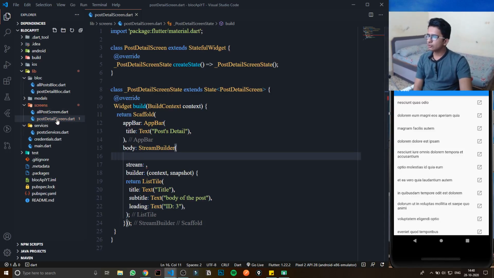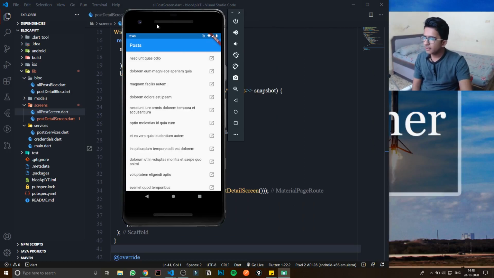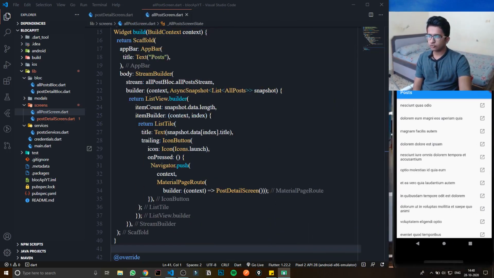So while we are navigating from one screen to another, we have to get this. If we are clicking on this second post, then we should get that second post id, right? If we are clicking this, then this post id should be received, right? For that part, what we are going to do is